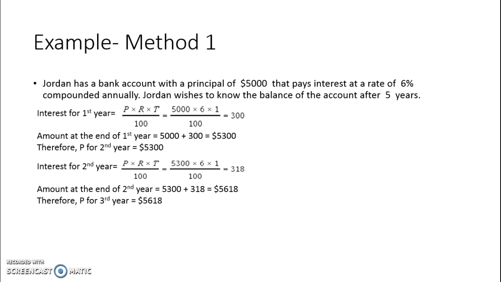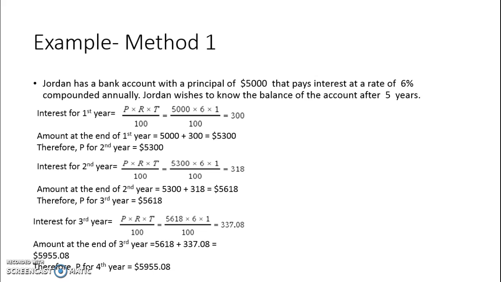Now, you can pause the video and calculate the amount for the third, fourth, and fifth year and see what you get as the balance. I've done this here for the third year, which gives us the principal amount for the fourth year. And if we continue in the same fashion, we'll get the balance as $6,691 and